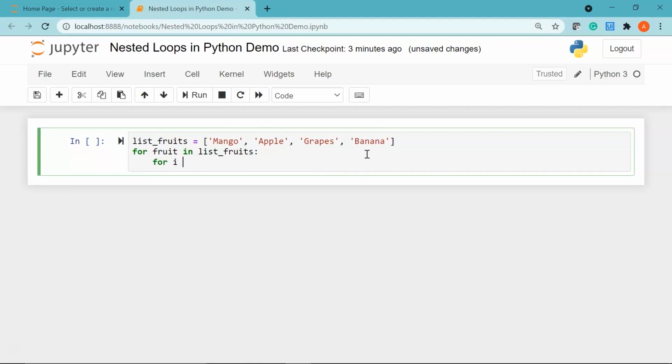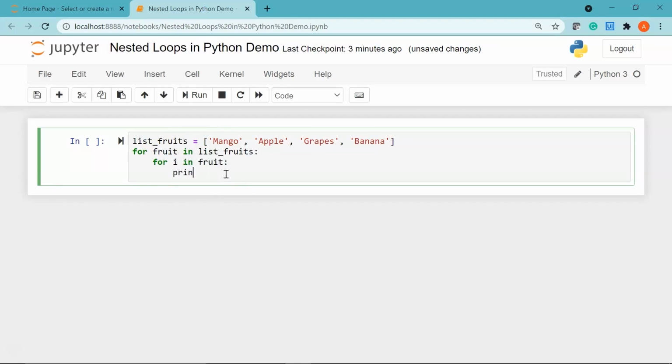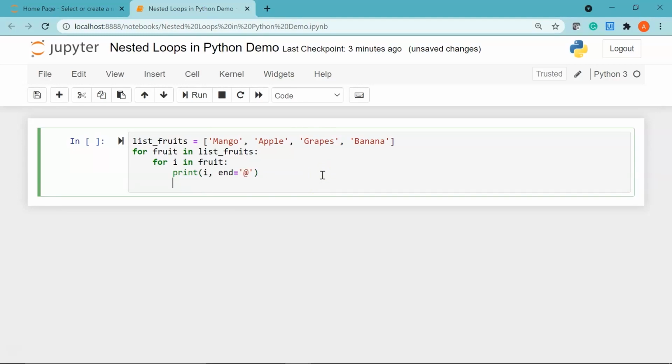I'll say for i in my variable or the iterator that I had declared in the previous line, which is fruit. I'll say print i, and then I'll use the end parameter that will have the @ sign, and then I'll print a blank.